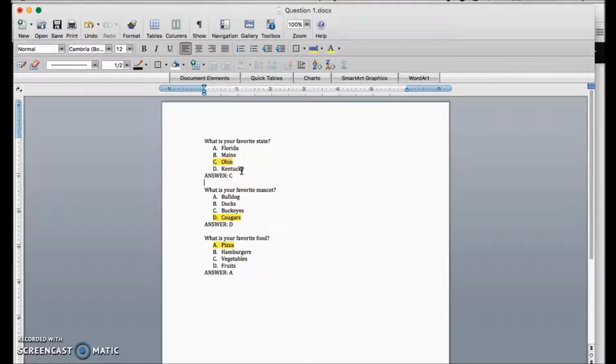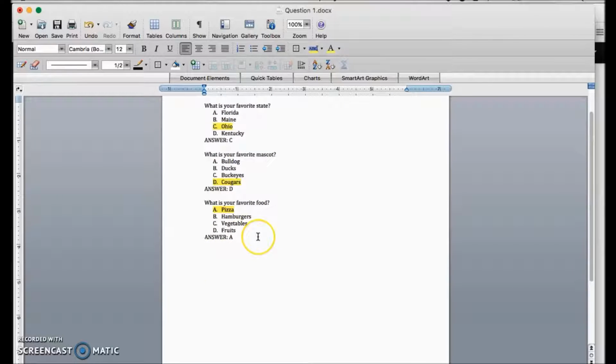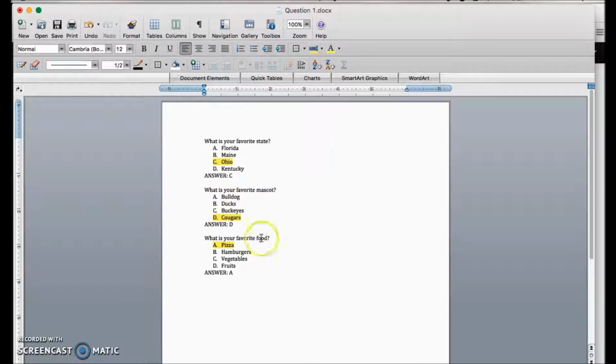And then right after that, you can include the answer right below the question. I typically highlight my answers just to help me, but you don't have to do that. You just have to make sure that these are in the right format. All the questions are the same. And then once you are done with inserting questions into a Word file, we can go up,